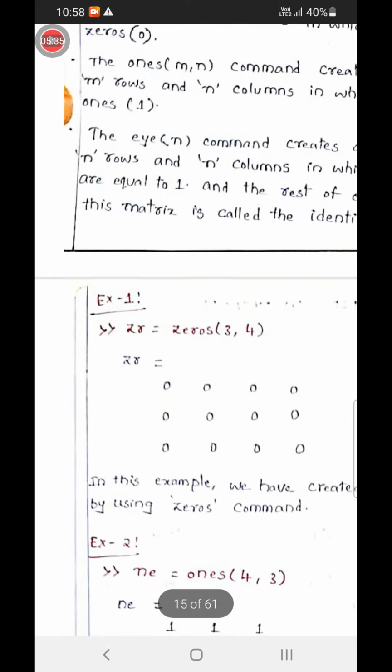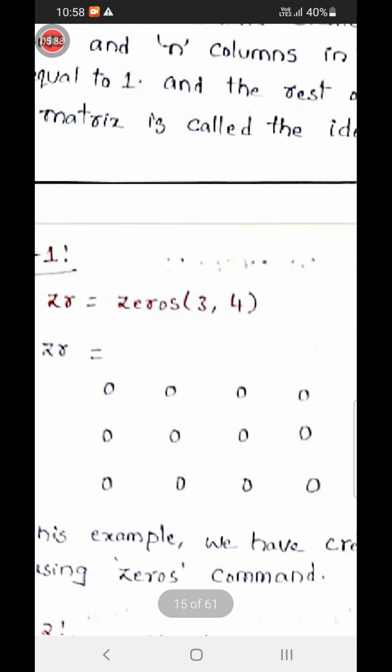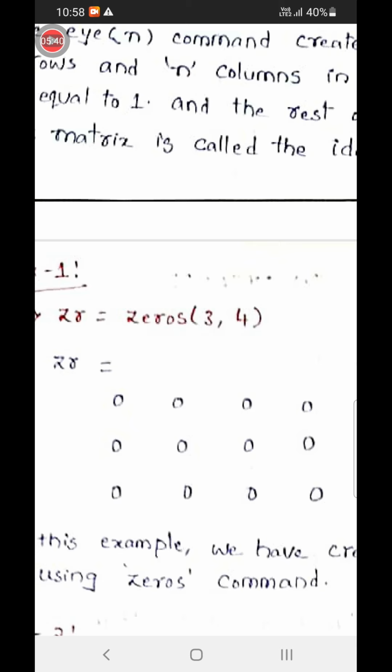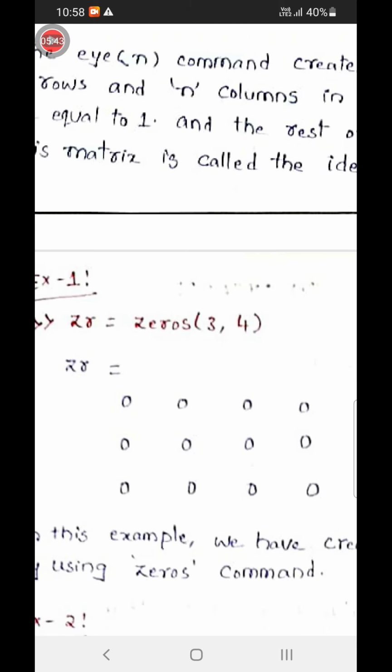So you can see here, MATLAB is displaying all the elements as zeros only. After typing this command, ZR assignment zeros of 3 comma 4 in the curved parenthesis, you press the enter key, then ZR assignment 0 0 0 0 like that, 3 rows and 4 columns, 3 by 4, 3 into 4, 12 elements.